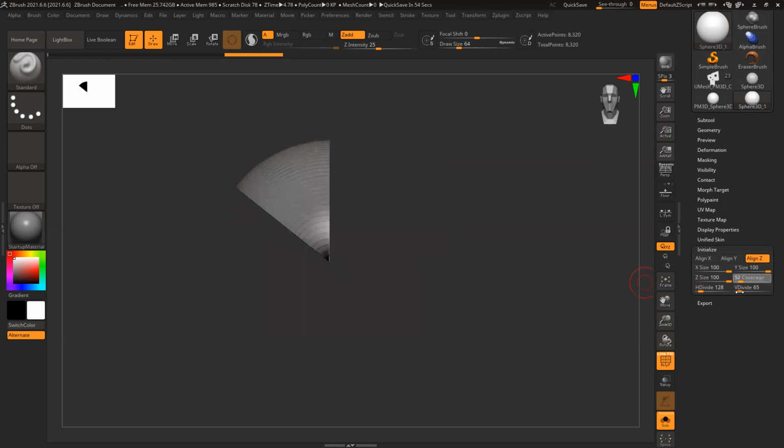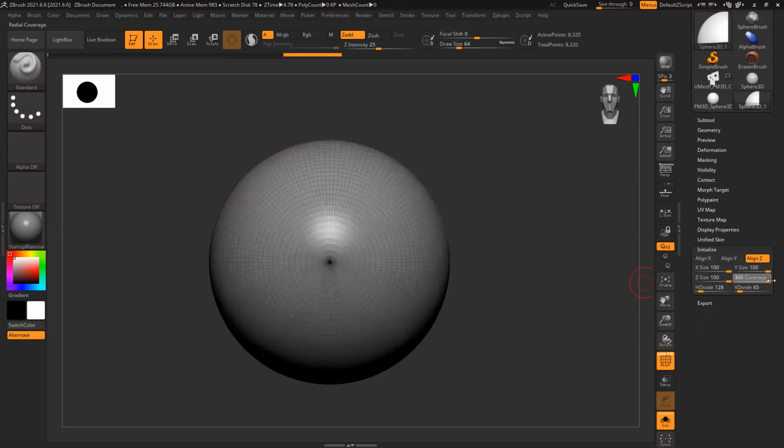Suppose you want a semicircle, 180 degrees, or 90 degrees. You can type it in and create those shapes, because manually creating something like that would be difficult. So we convert the base shape into that and then start working on it.